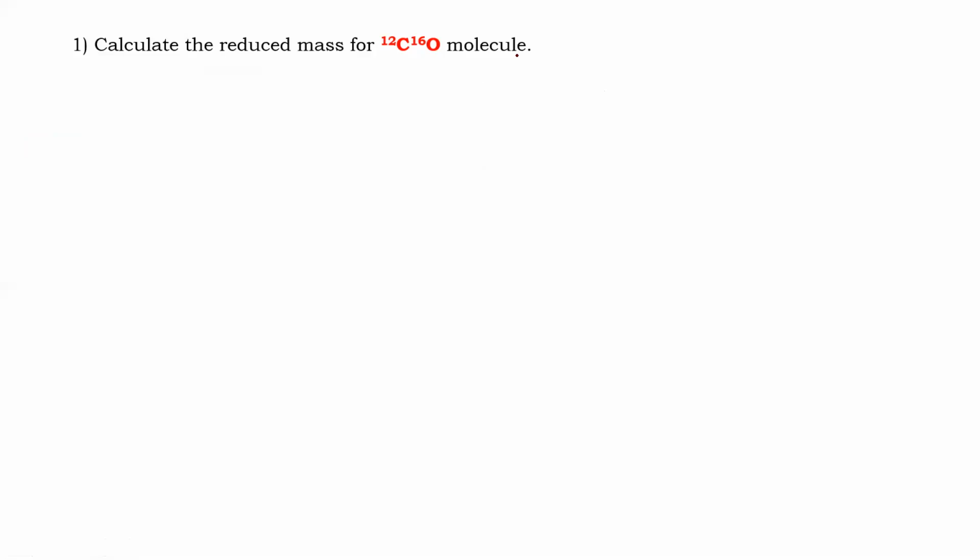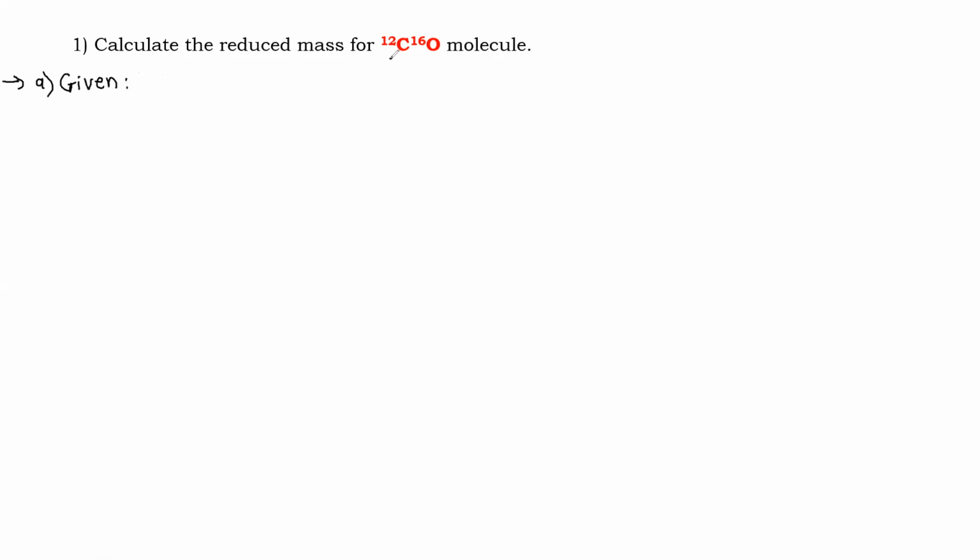Now remember that when you approach any type of numerical problems, you write down your answer step by step. That means first you have to write down the given values, then write down the formula, and then put the values in your formula. You will get your final answer. So let's see. Here first we write down given values.